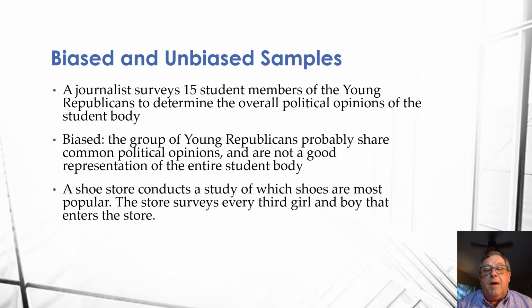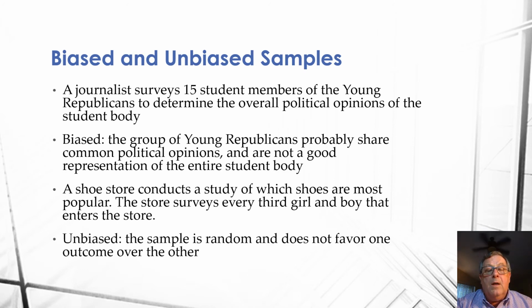They have a systematic sample. They're doing a sample on some type of regular interval. Every third girl, then every third boy, that enters the store. So that's going to be a systematic sample. And I think we can say that this is unbiased because the sample's random and it really doesn't favor one outcome over the other. Now, if they were wearing a shirt when they did the survey that said